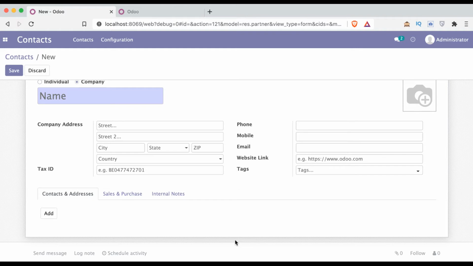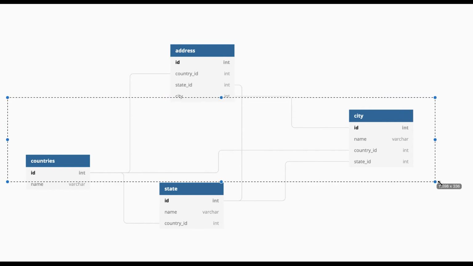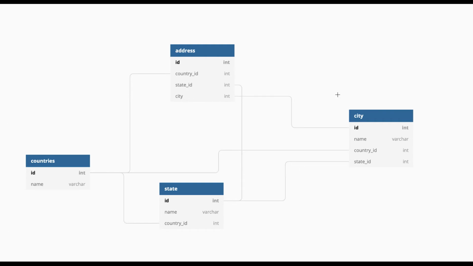using different ways. For example, let me show you this diagram. Here I have this address field, and after the address field there is a many to one relationship with these three models, which are the state, city and country tables. This is the main table, and my purpose is that once I install the address module, Odoo automatically creates the respective cities, states and countries without user interaction.